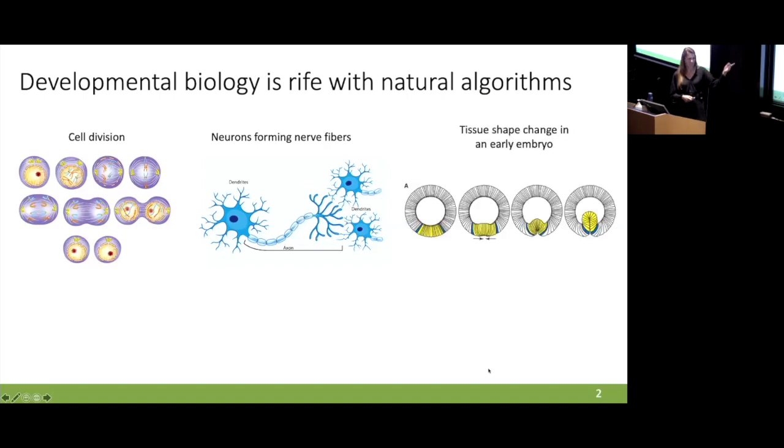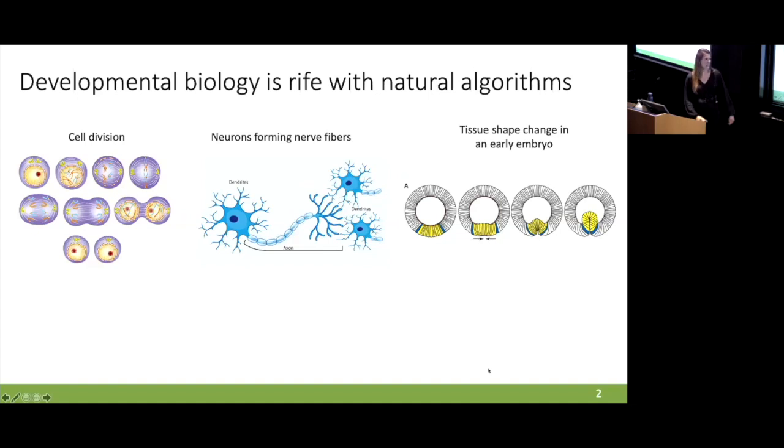This is a picture of a Drosophila embryo, and this is a cross section of this round ovuloid, and there's a process where some cells at the bottom bump up and transform to be on the inside of the embryo. This is a very important step in morphogenesis. It's also an algorithm. So at these 3 different stages, from single cell to multiple cells to entire organisms,